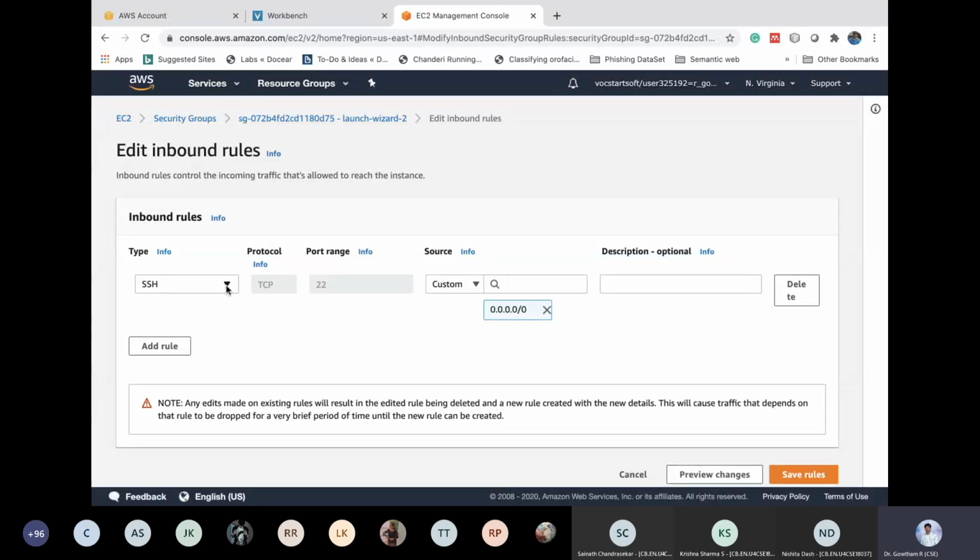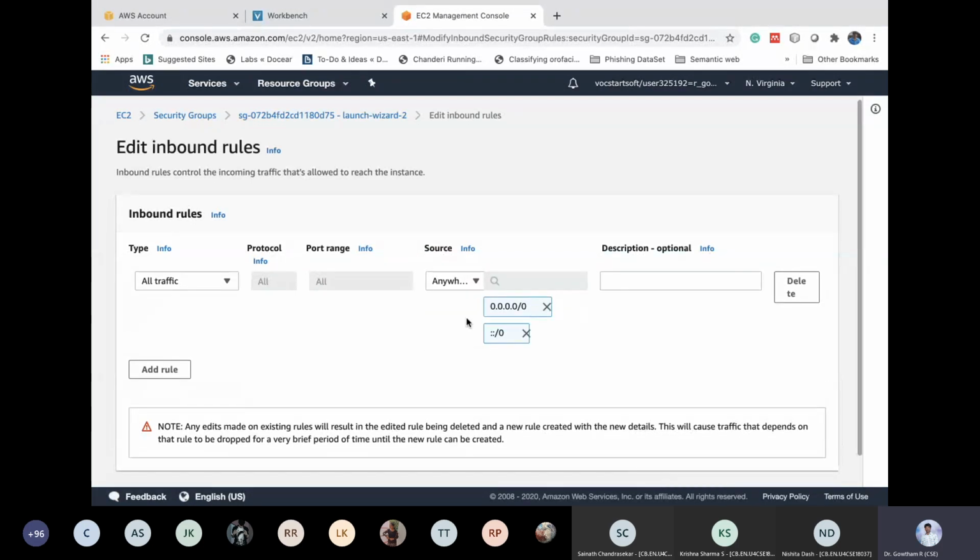In addition to that, I want to open it completely. So I'm going to say all traffic. And what is the source? Anywhere.